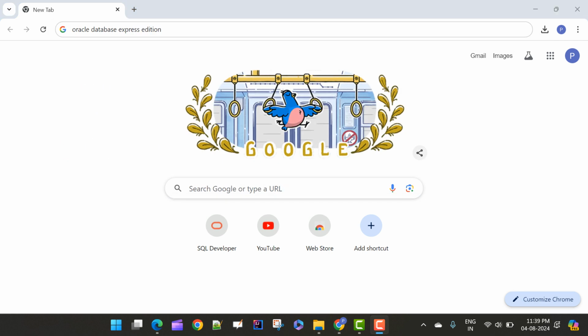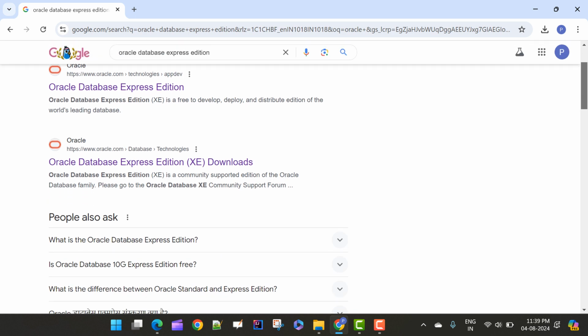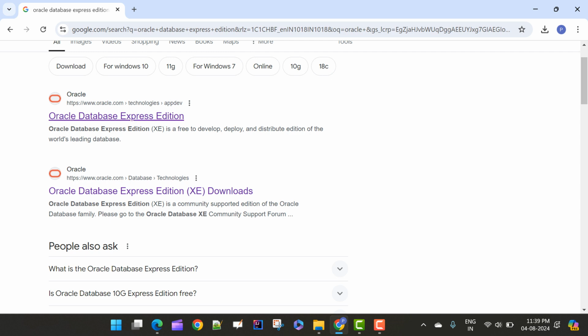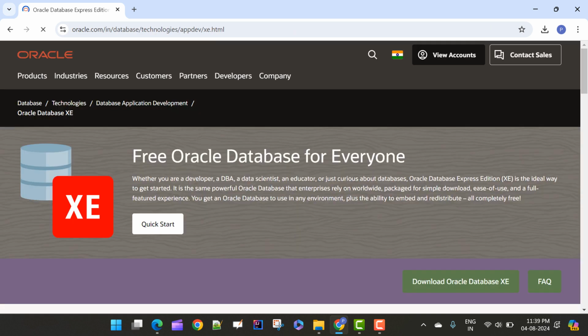There are two versions of the database available. One is Enterprise and the other is Express, and there is a difference between both. I'll tell you the difference. First, I'll go with this Oracle database. So what I did, I searched for Oracle database Express edition, and I'll click the first link, Oracle Database Express